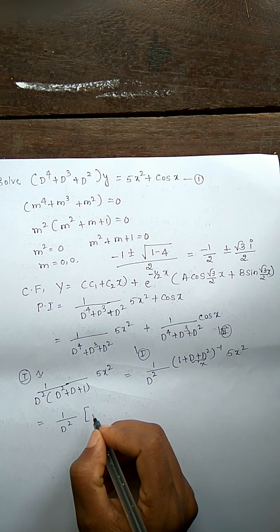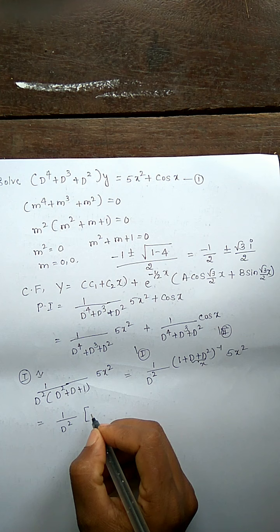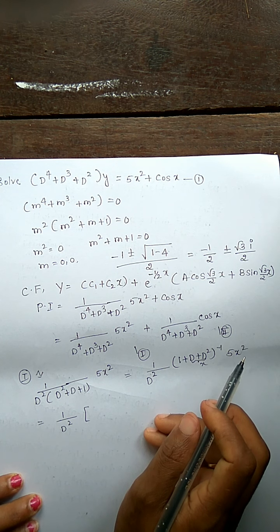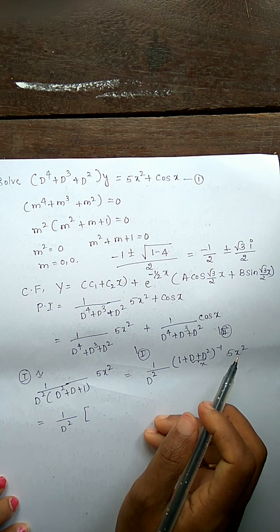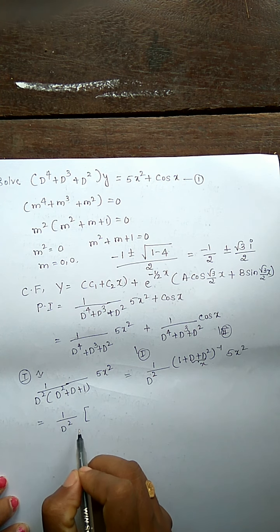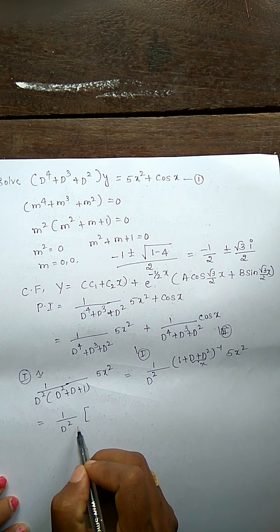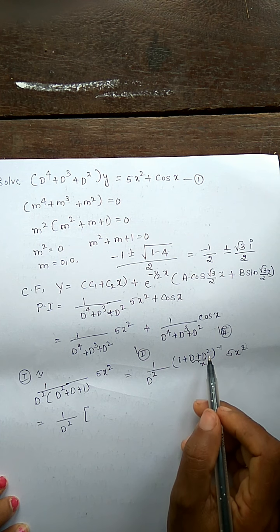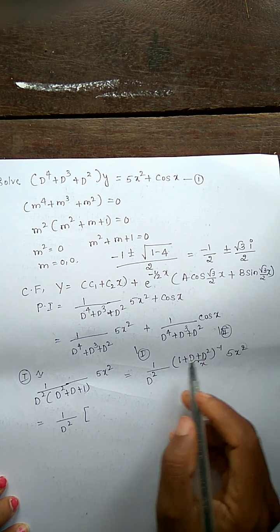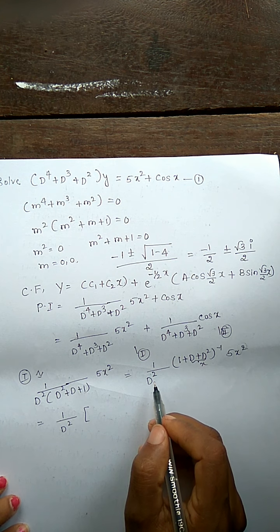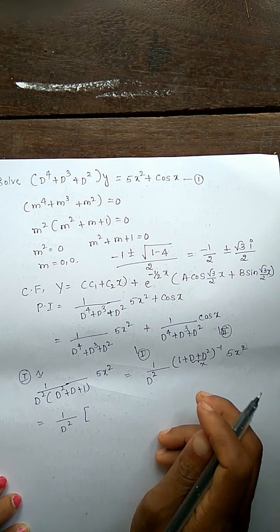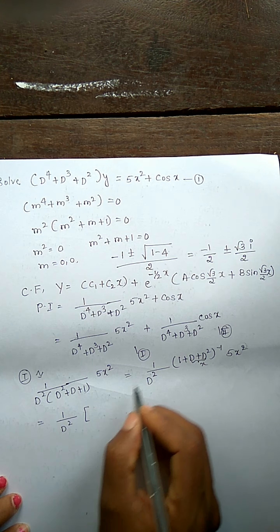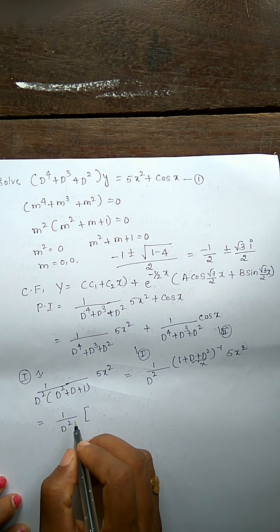Now we have to expand 1 plus D plus D square power minus 1. Here it must be noted that we have to expand as far as D power 4 in the numerator, as D square occurs in the denominator. Observe that we have to expand this as far as D power 4. For the fifth derivative it will be 0, but we have to expand this one till D power 4 because D square is there in the denominator. So D square and D power 4 will get cancelled. So now we shall expand this one, so that we will get